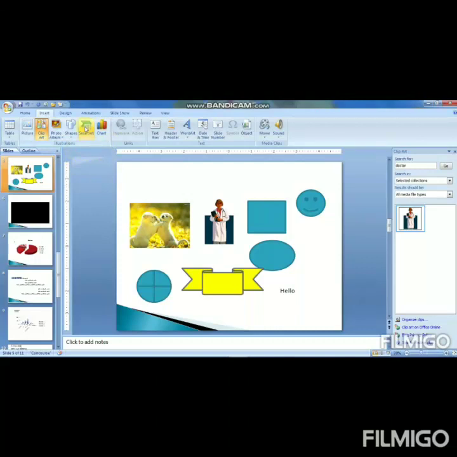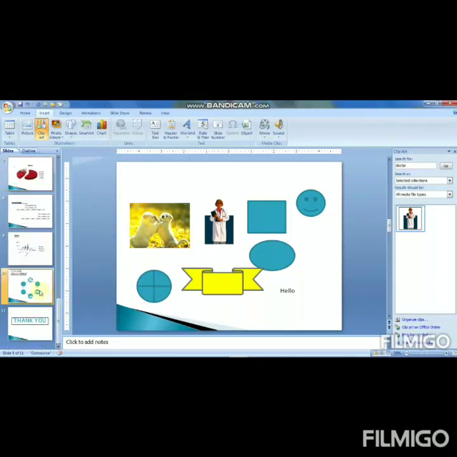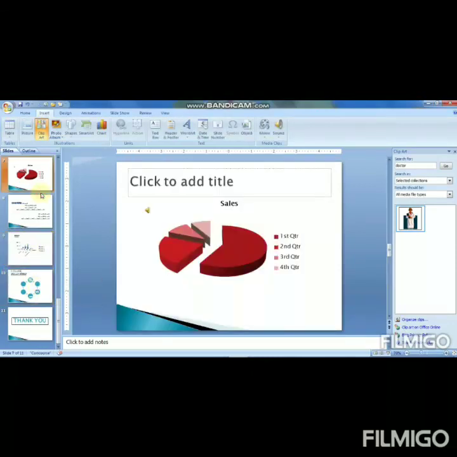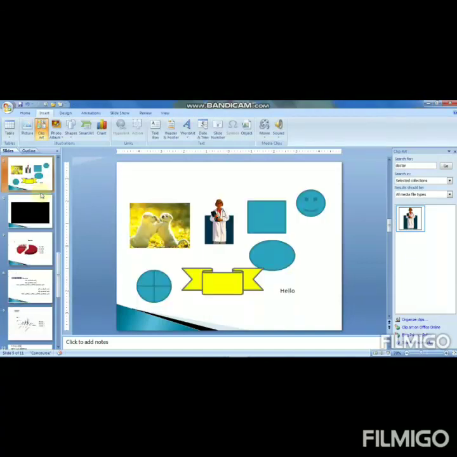Next one is smart art. Smart art is used to give your presentation text in a colorful manner and different kinds of text. Once again, I use here. I'll choose the smart art.